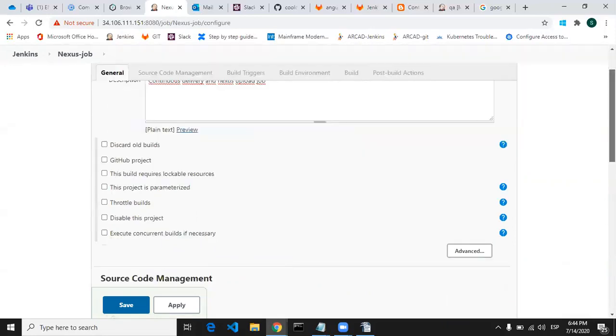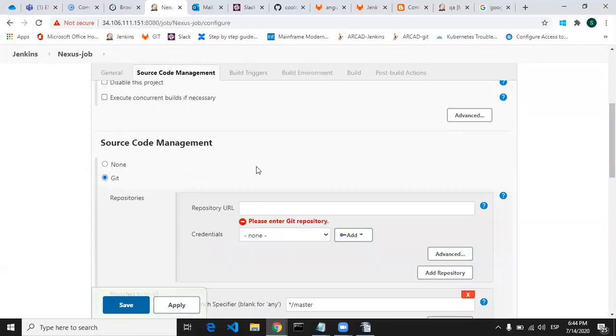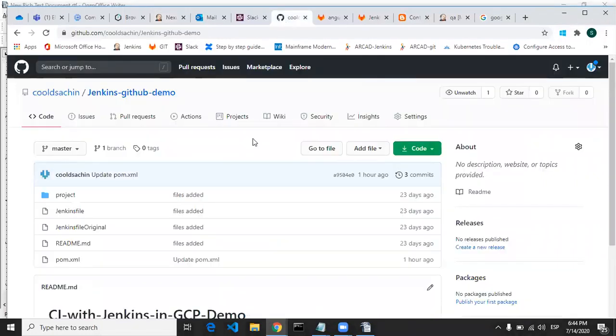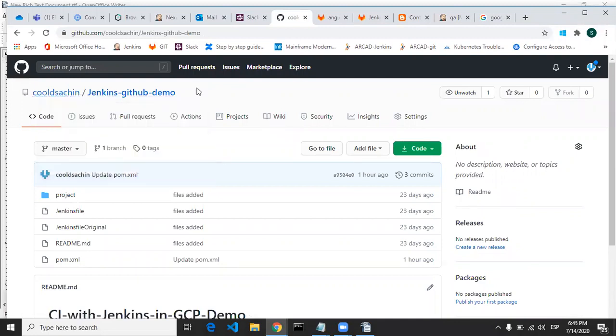Then just go below to Source Code Management and select Git. Now you have to place the repository URL of your project. I have created a project on GitHub. You can see Cool D Sachin, that is my repository on GitHub, and Jenkins GitHub demo is the project. If you want to use the same, you can fork this repository.